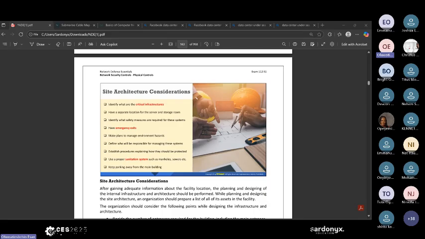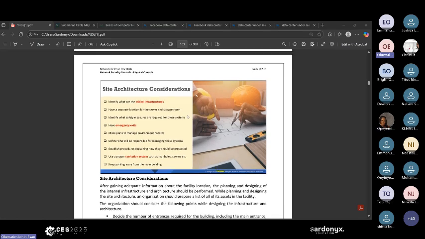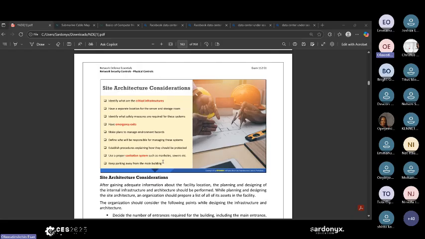Yes. So thank you so much. It's good that a lot of people have experienced that. So those things are very important, because nobody should have access to them. Then also keep parking away from the main building. Most of the time the parking lot is different from the main building, so you have to walk and they can see everybody walking to the building. Some people have a parking building where you park, then you walk into the building where they see you coming in.